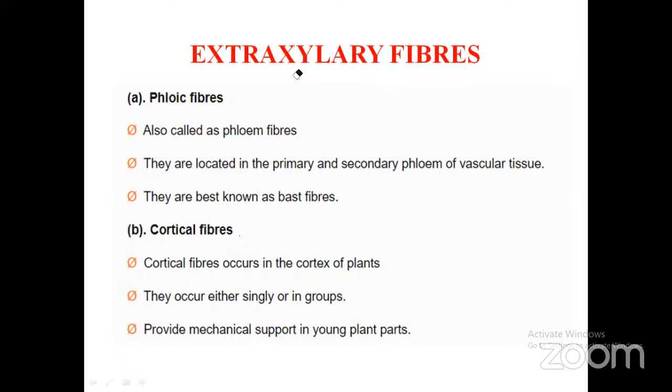But any other uses in daily life? Yes, sir. They are rich in roughages. Actually, fibers are good for digestion. But how is it useful commercially? Commercially,